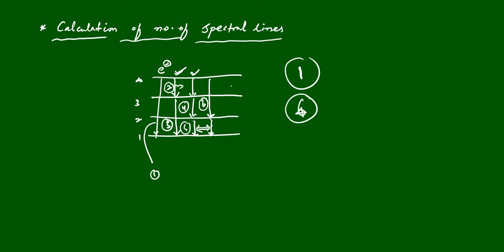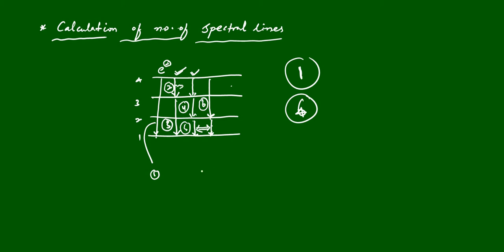So when the electron jumps from the fourth level to the first level, we can see the possibilities, meaning in how many ways the electron can come to the ground level. All these possibilities give the number of spectral lines. So here 6 spectral lines are possible. For this we have one formula to identify it. Here we have taken one example, but suppose it is the 100th level. In the case of the 100th level we cannot see all the possibilities; that is impossible to calculate.